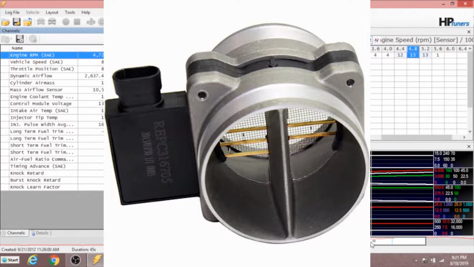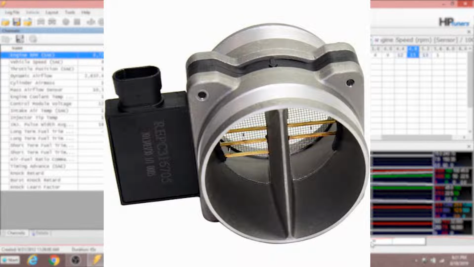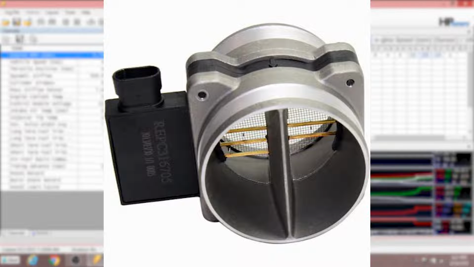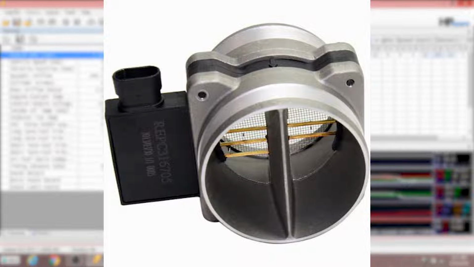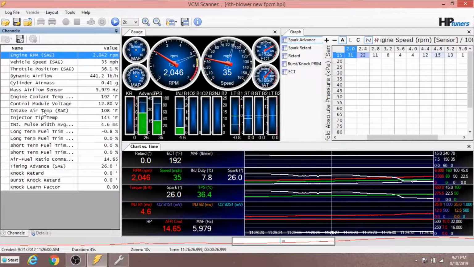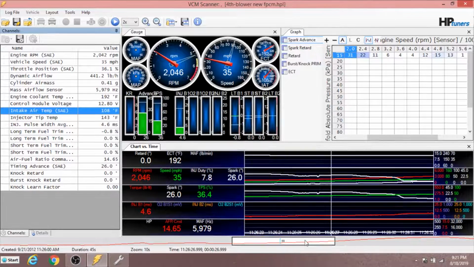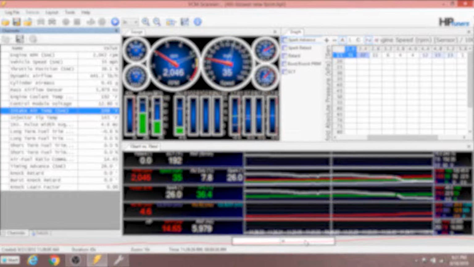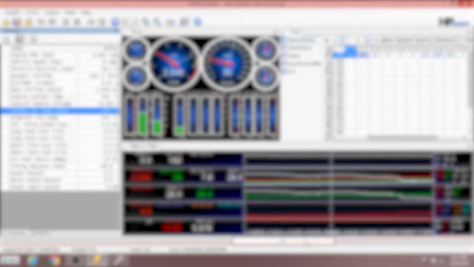But the computer uses the information from the MAF and from the throttle position sensor to adjust how much fuel is needed based on how much air is incoming into the engine. So if the TPS is open a certain percentage, and the speed that the mass airflow sensor is reading, the computer determines how much fuel to give the engine based on those two